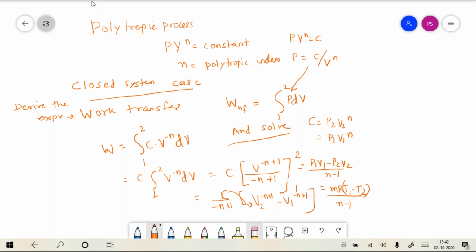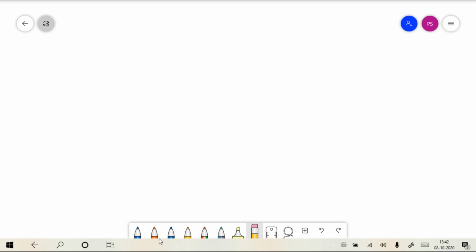Similarly, you can find the expression for work transfer when the process is an isothermal process. Suppose the process is reversible isothermal. Isothermal means temperature is constant. So PV is equal to MRT becomes PV is equal to constant, Boyle's law. So PV is equal to constant, and if it is a closed system,